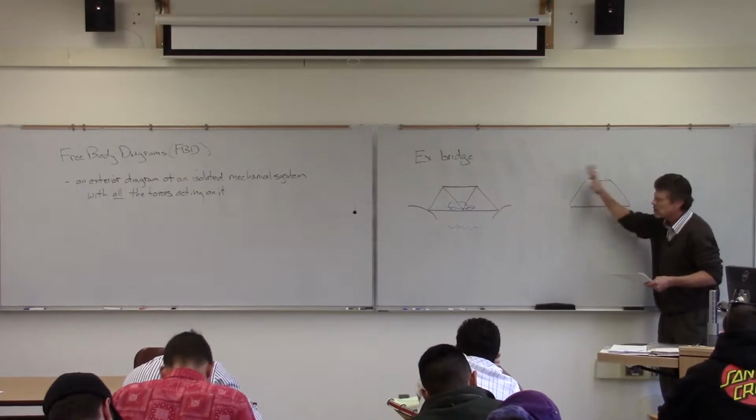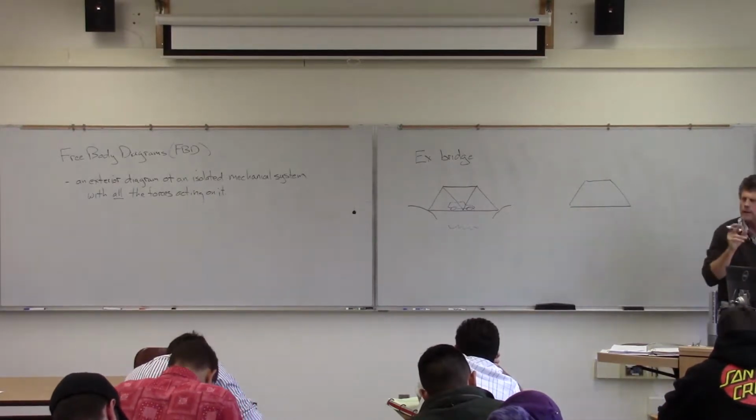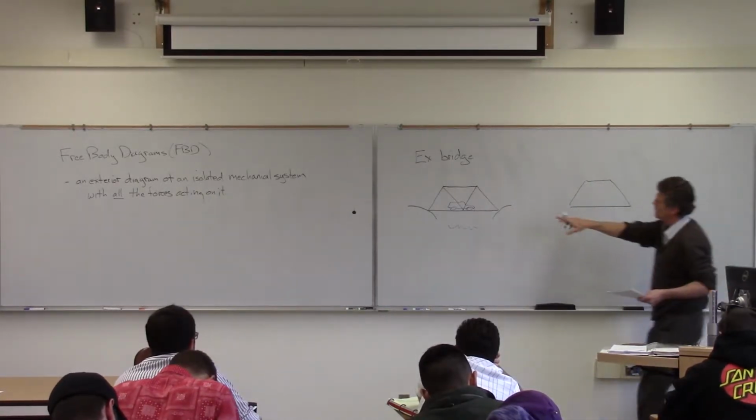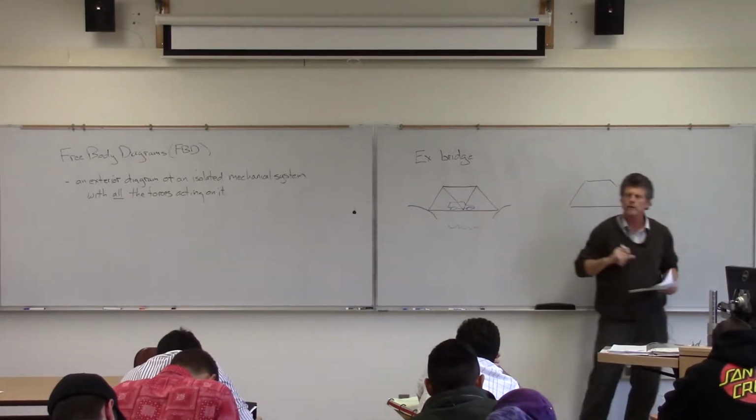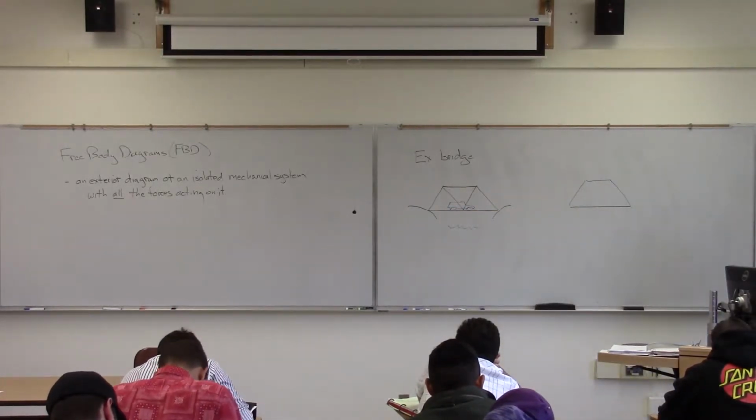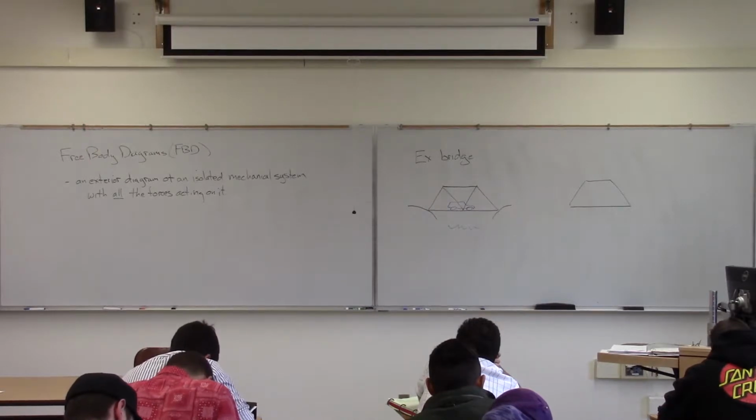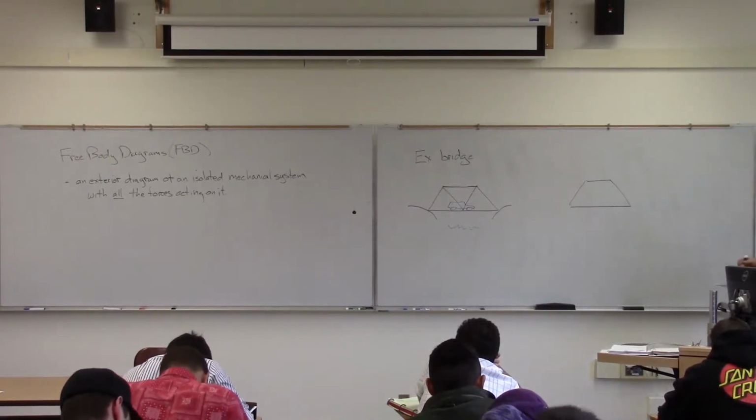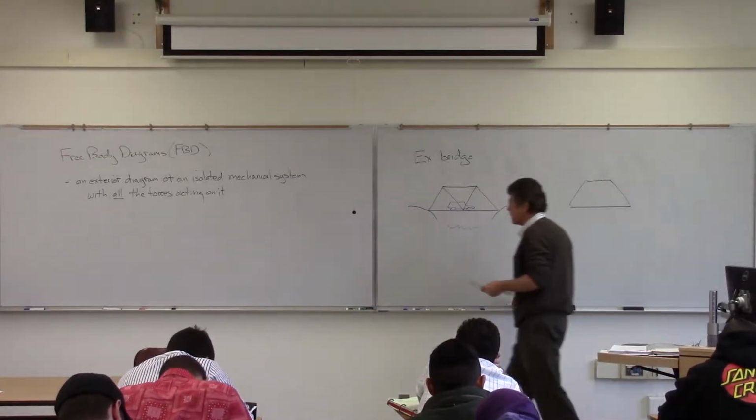I'm just going to draw this exterior, because if I'm an engineer, what I'm interested in is that I need to design these supports on the end there. I've got to figure out, okay, how heavy is it? How heavy is the bridge? How heavy are the cars? Are there earthquake loadings and that sort of thing I need to worry about? What I'm going to do then